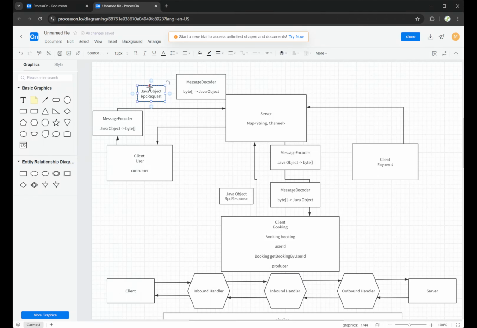And when the booking service gets this request and processes it, it finds the method and forms a response, and the response is encoded and decoded back to the consumer, and then that's it. So that's the procedure, and we can go through it again step by step. So what we can do is basically